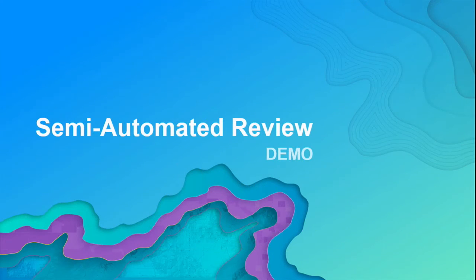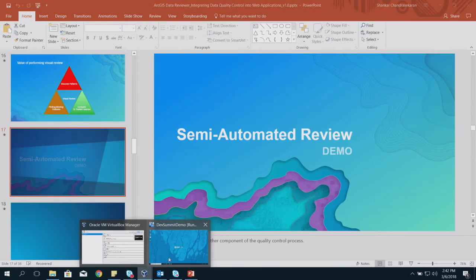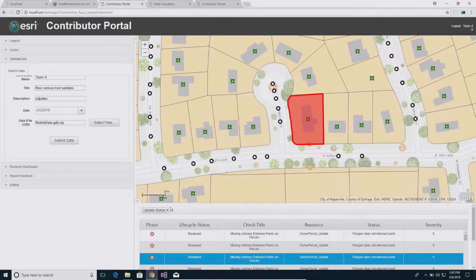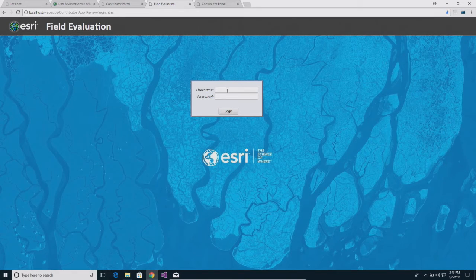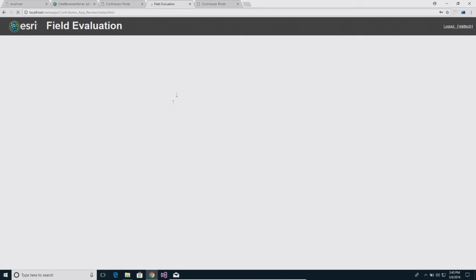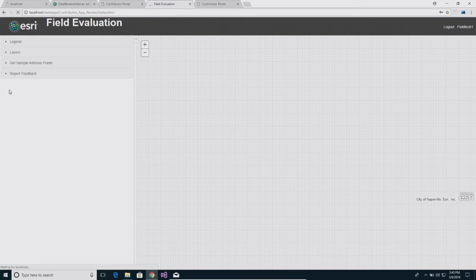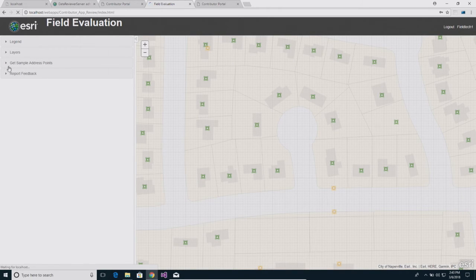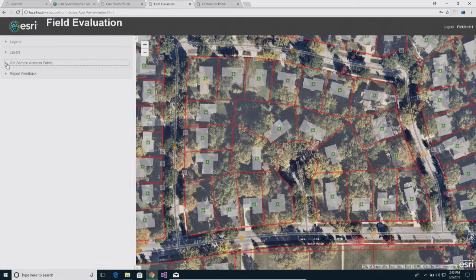So I wanted to get into the demonstration quickly. I have a very similar application here called Field Evaluation. I'm going to log in as part of the organization's field tech crew. As a field tech, before I get into the field, I'm going to run a quick sample. This is basically getting a sample of the data that has been collected by the contributor. What it does is trigger a validation